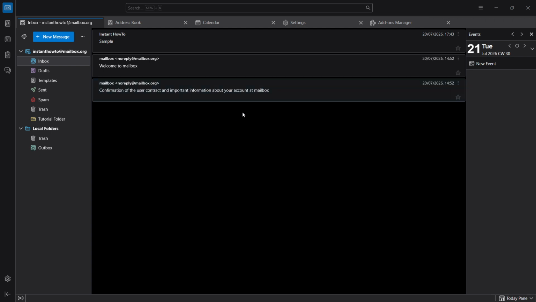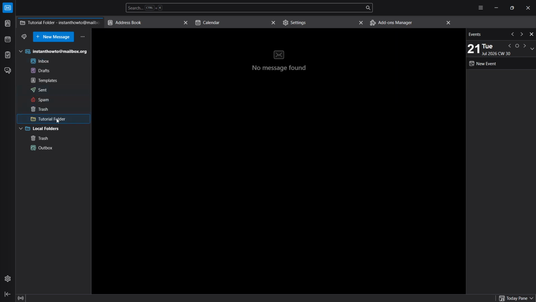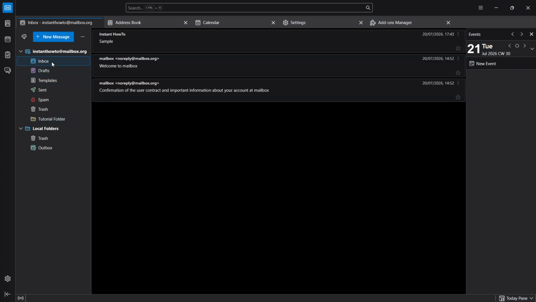Now to do this, first you want to open your inbox, so I'm just going to click on over here, or of course if you have emails inside the folders like this for example, you can also go and select the folder where you want to delete all the emails inside it, okay? I'm gonna go with the inbox over here,